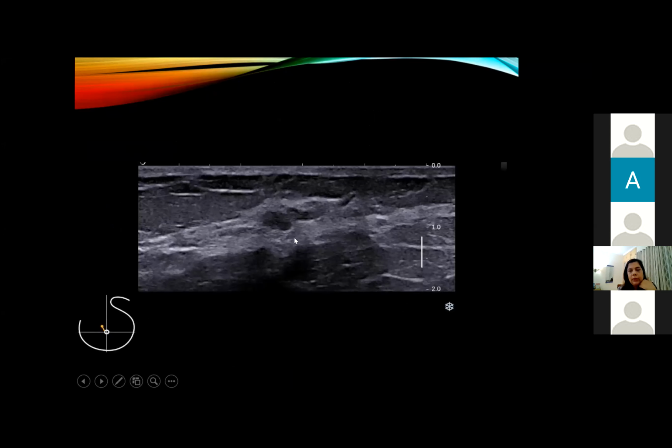On ultrasound, high resolution ultrasound is very, very good for picking up papillary lesions in the retroareolar area. Pickup will definitely improve, and put very little pressure, because if you put too much pressure, the superficial ducts might just collapse and you miss the lesion. So very little pressure has to be applied, and radial imaging should be done. And here you can see a lesion associated with this duct, which is hardly dilated.